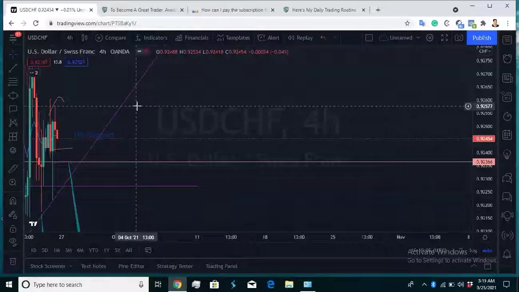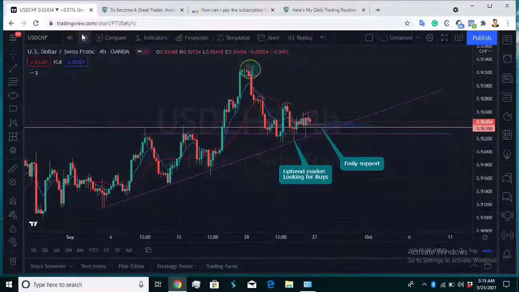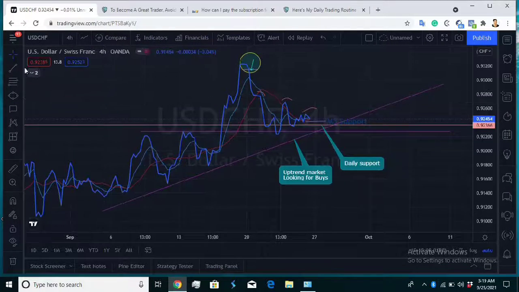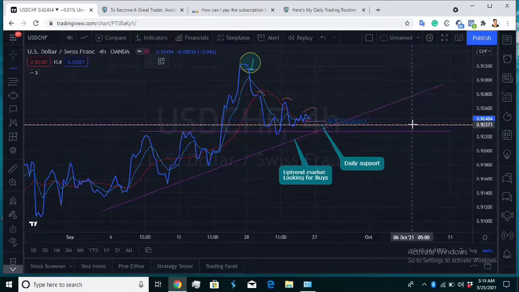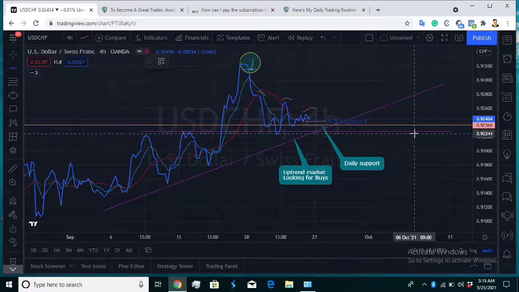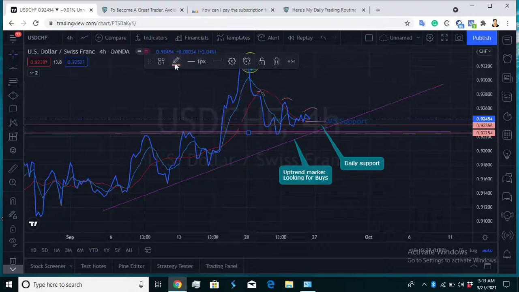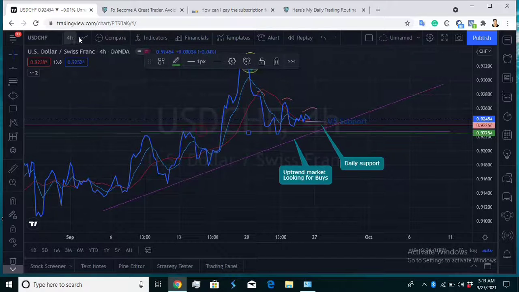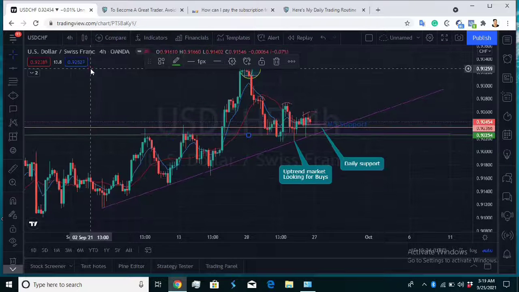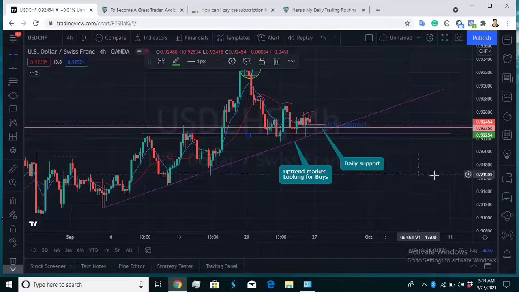I think if I want to see if the support line is valid even on H4, I think it's still going to be valid on H4. Okay, I think it's somewhere down here. Somewhere down here, this is where we have the support level on H4, which is still pretty good too.